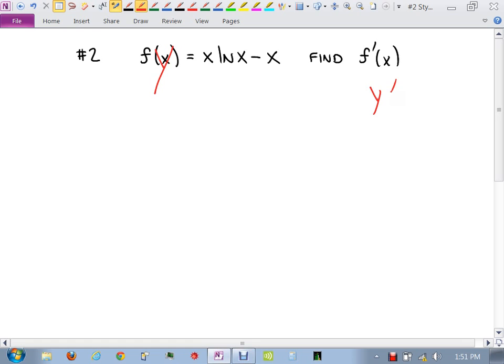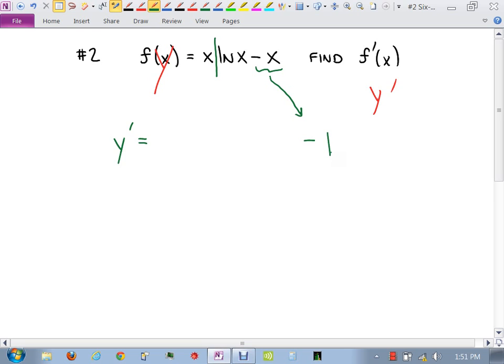So what do we see on the right-hand side here? I'm going to take the derivative. Y prime equals, what's going on the right side? Product rule. The product is happening right in between the x and the natural log of x, right? And then separated from that is minus x. So I can go ahead and take care of the minus x. What would I get if I took the derivative of negative x over here? Just minus 1, right? But I have to still do the derivative of the x times natural log of x,